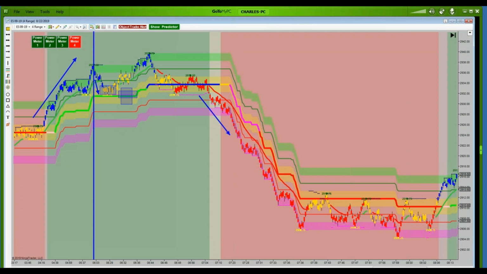Now, I'm not going to get into the mechanics. You're going to basically draw what's called a region box here using the Object Trader tool, and you're filled on the close of the bar outside the box right here, and then you trail your stop up. We normally suggest at least 2 lot. You get your scalp off at 4, 5, 6 ticks on ES,